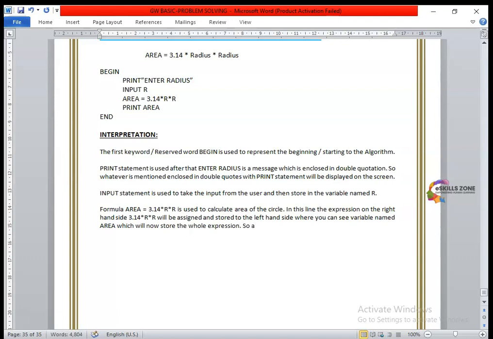So area has now the final output of the algorithm,